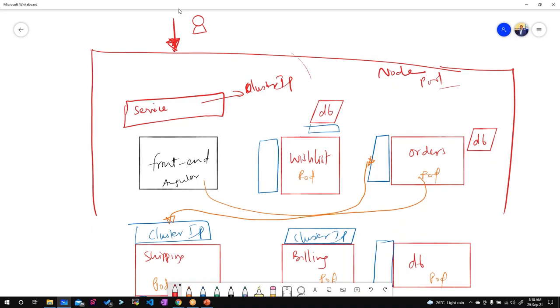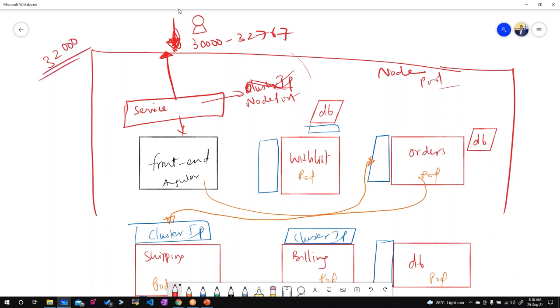If I change this cluster IP to node port, immediately the traffic gets forwarded from outside. This node port will assign a port number in the 30,000 to 32767 range. Let's say for this service it is giving 32000.